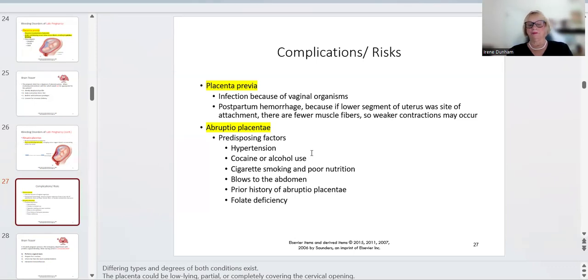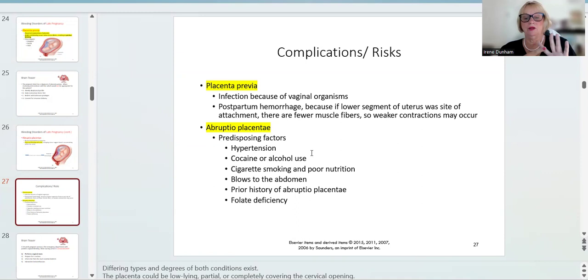Her significant other gives her a big blow, a punch in the stomach. We see that, unfortunately, and that can cause the placenta to weaken and eventually abrupt off the endometrium. If she's had, say this is her second pregnancy, and in her first pregnancy she had an abruption, that's a red flag. We've got to make sure her blood pressure is under control, make